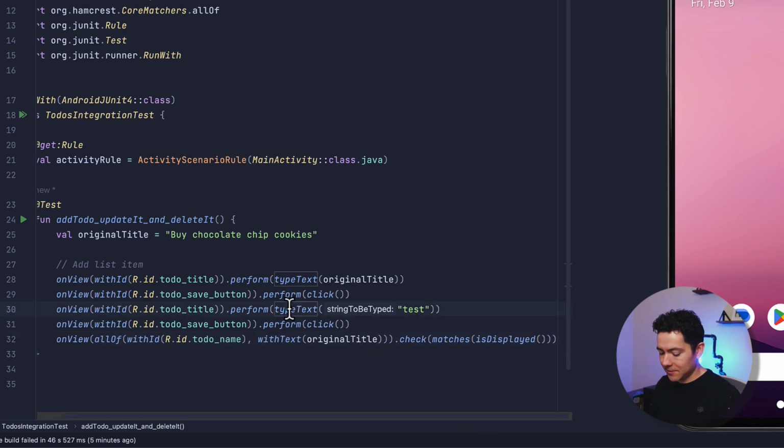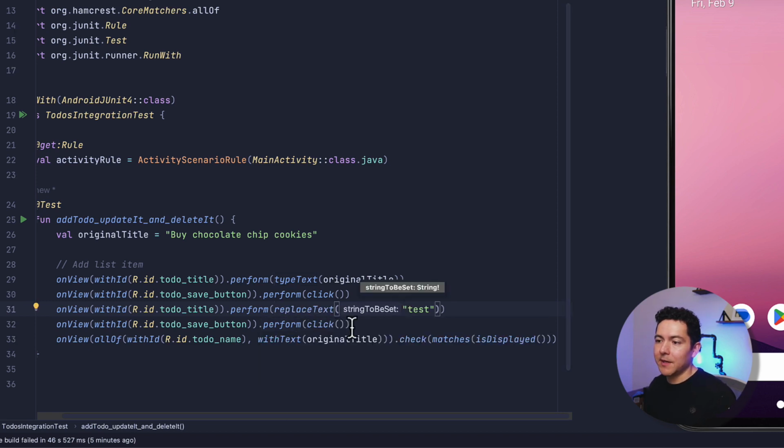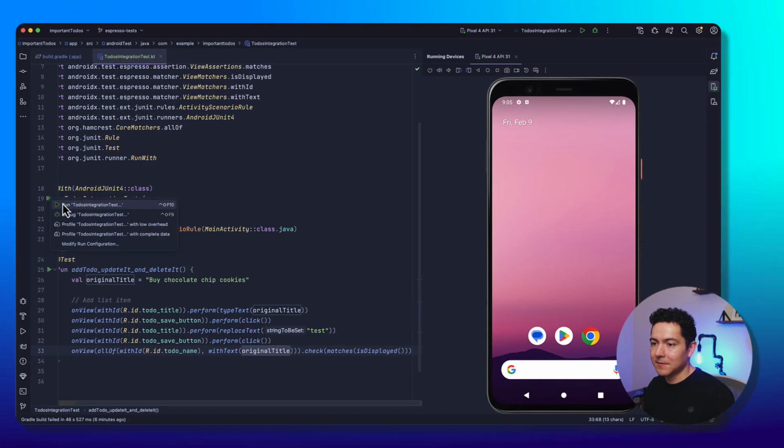view, and let's just replace this, replace text. That way we're gonna have one to-do item that has the original title of buy chocolate chip cookies, and then another one that has the title of test. But we're going to assert that the one that has the original title is displayed. So now when we run our test,